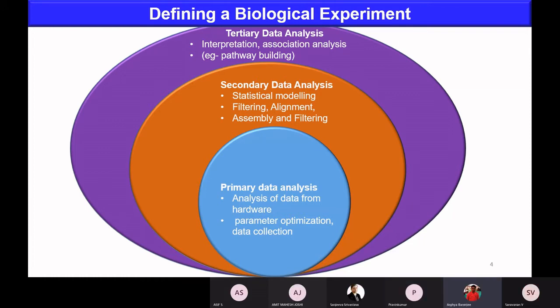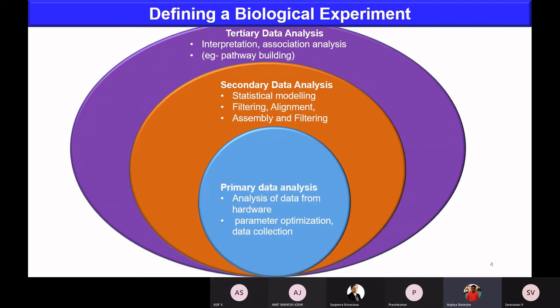If I am getting some significant proteins or significant features in a microarray after a t-test or filtering out the non-passable criteria, which pathway those proteins are related to comes under tertiary data analysis. You can do tertiary data analysis with the help of Reactome and commonly used software available online. You can just explore this domain. So this is called tertiary data analysis.